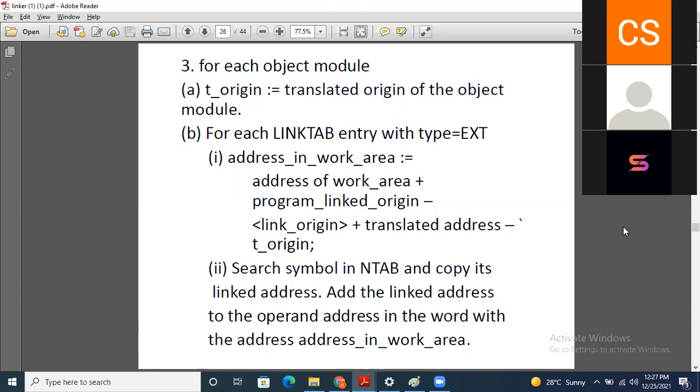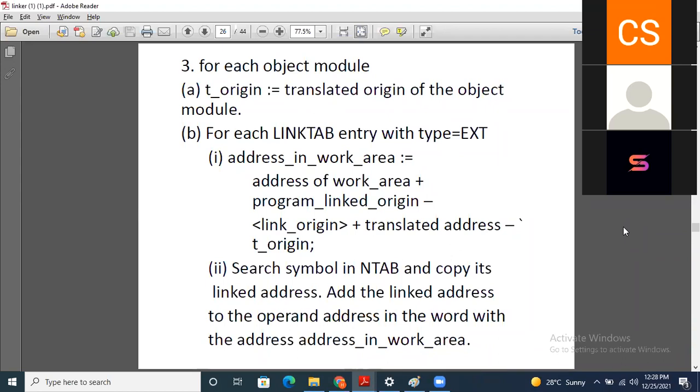If the type is external reference, then in that case it will calculate the address in the work area with the help of the formula: the address of work area plus program link origin minus link origin plus translated address minus T origin. Using that, your address for the external reference will be calculated.